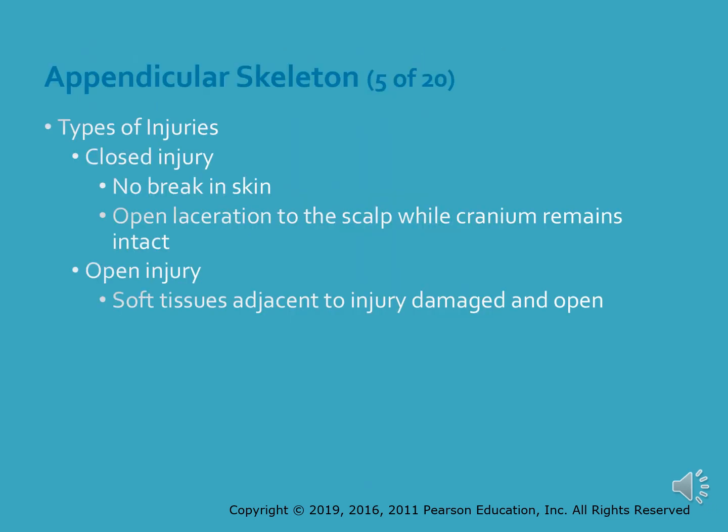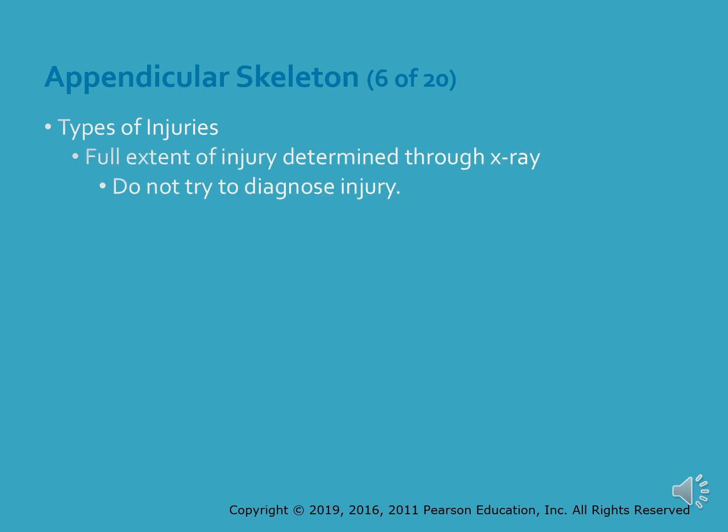Types of injuries can be closed injuries, which means that there's no break in the skin, or an open laceration to the scalp while the cranium still remains intact. Then there's the open injury, which is a soft tissue adjacent to the injury damage, and it's open. Other types of injuries are full extent of injuries determined through x-ray, and do not try to diagnose that injury because you're not an x-ray machine,